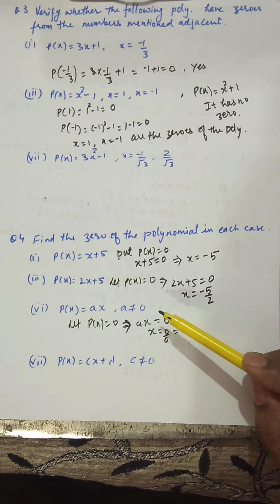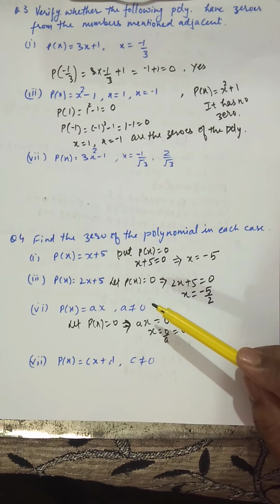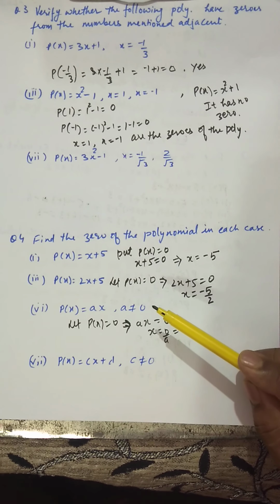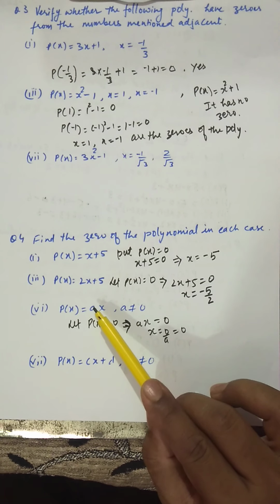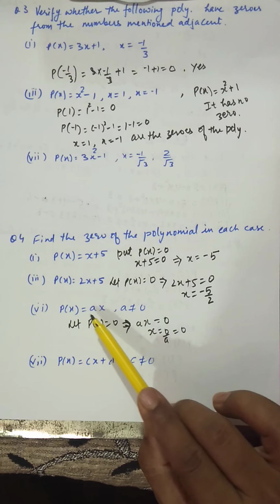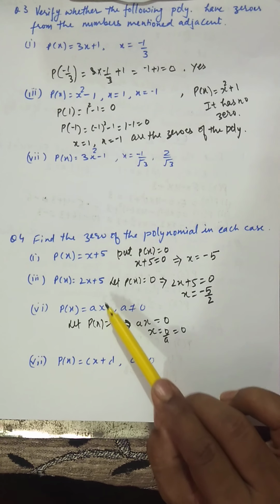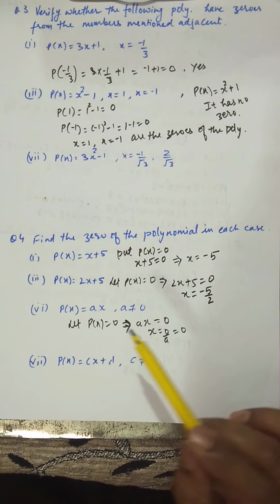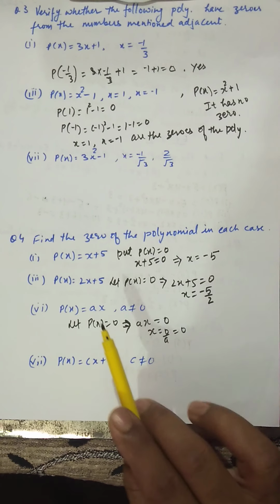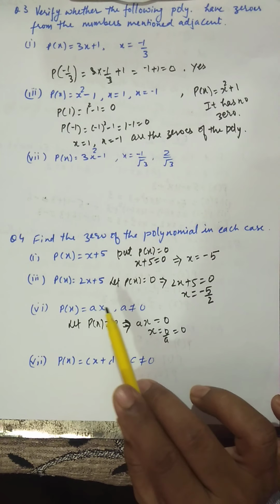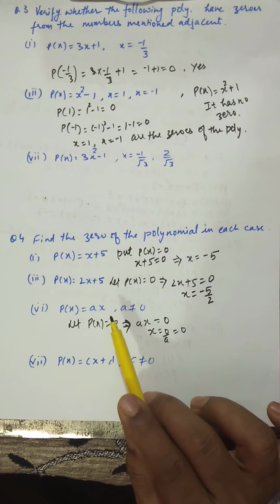I will ask this question of you all, but you should listen very carefully. The reason is that if a = 0, then this polynomial will become a zero polynomial. If this becomes a zero polynomial, then there is no zero of the zero polynomial. You know that this is a linear polynomial, and in a linear polynomial, when I explained the general form, a was not equal to 0. So a cannot be 0. If a is 0, this polynomial will become a zero polynomial.